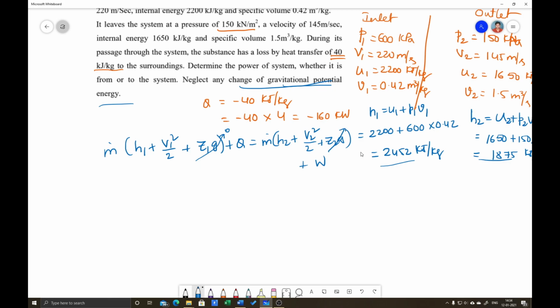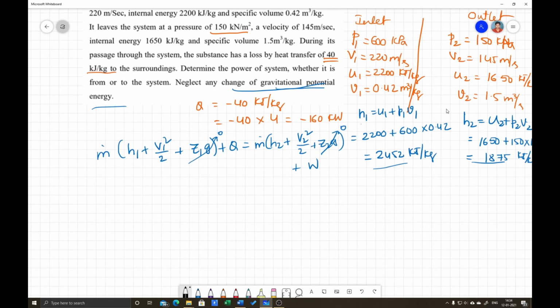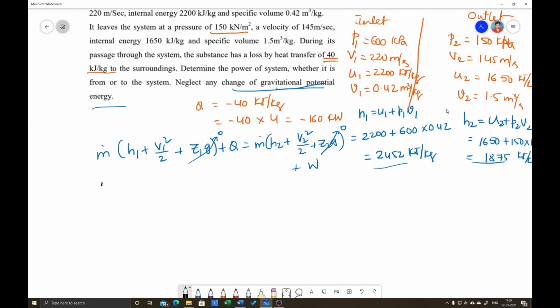That means this is 0 and this is 0. So m dot is how much? 4 kg per second. So 4 into H1 is 2452